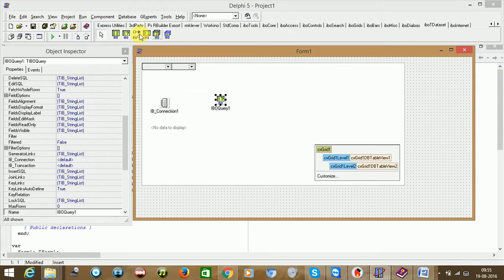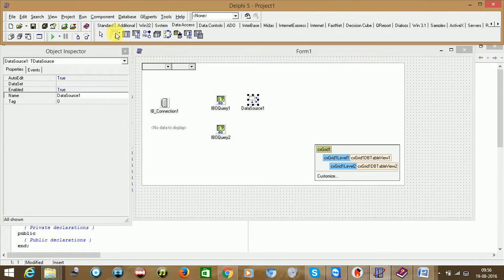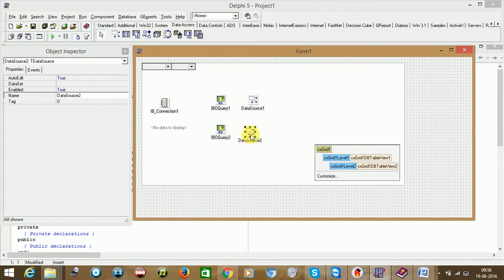This is one dataset, this is another dataset, and since this is a DB table view, we would be having a data source component as well. Go to the data access palette, one data source, this is another data source. What we need to do here is that this view will be the master view and this will be the detail view. So the data should come from the master table and here data should come from the detail table.